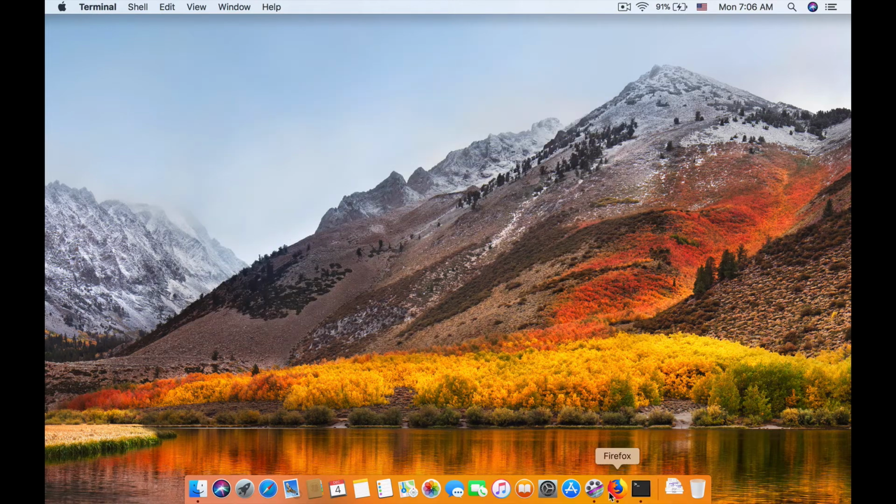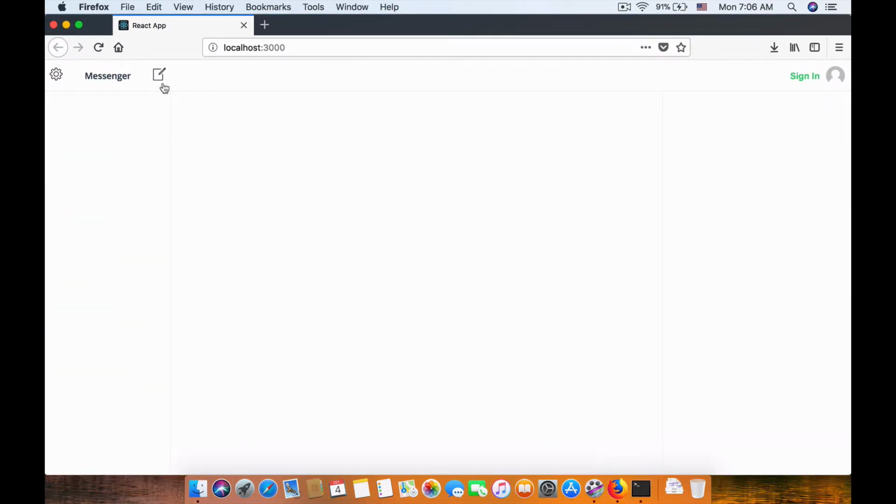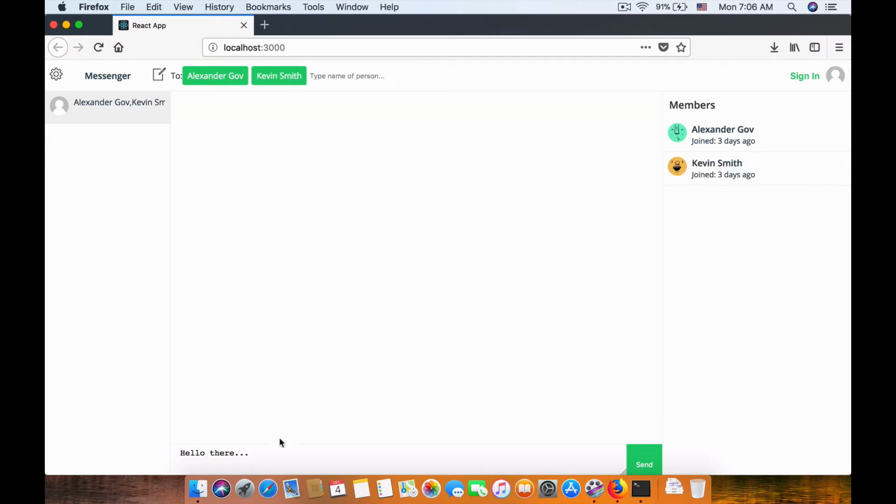So let me open the frontend app, and this is what we have done. We can create a new channel and look for the people in our database in the backend. For example, I'm searching for Alec and another person, Calvin. We have a default message from the React state in the component, "hello there", and I hit send. This is not going to be saved in the database, it is saved in our local browser store. And now I can only see the message "hello there" in our